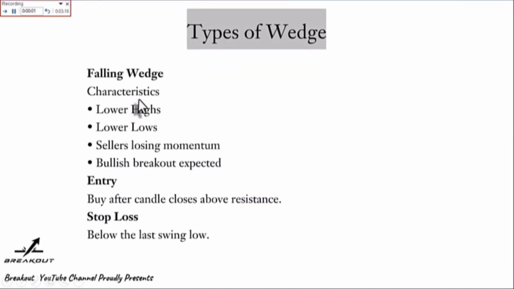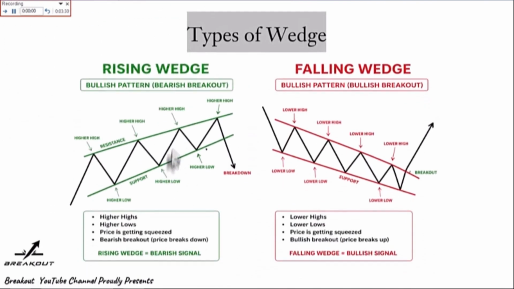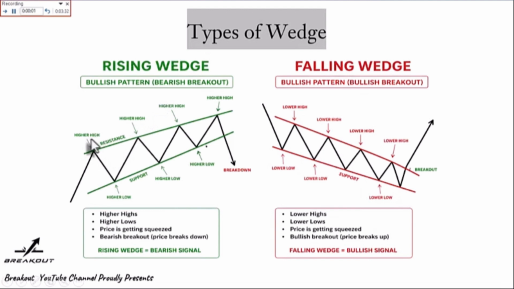Okay, falling wedge characteristics: lower highs, lower lows, sellers losing momentum, bullish breakout expected. Okay, when can you enter the market? Buy after a candle closes above resistance, stop loss below the last swing low. Okay, as I told you, higher highs and higher lows are in